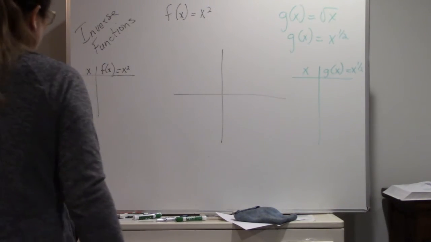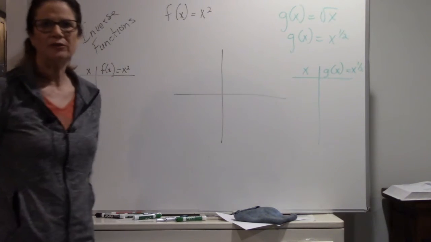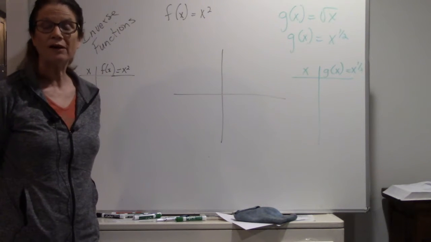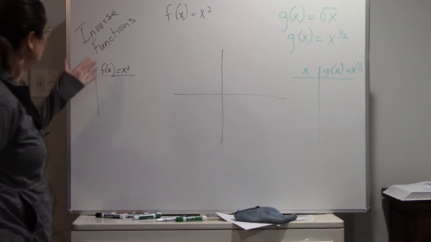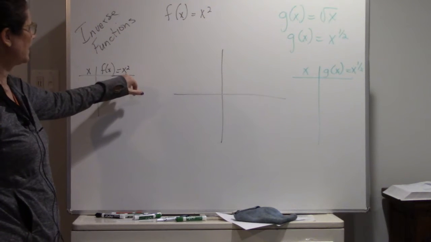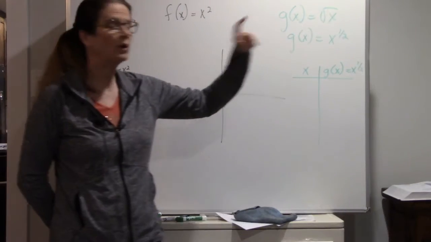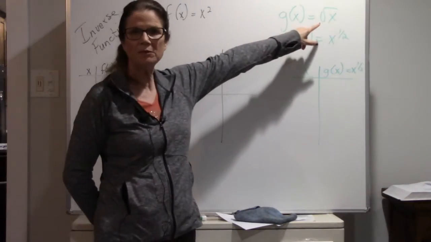So this is a new section. It's on inverse functions. So we're going to just start with graphing an inverse function. So in black, I have my x squared function. And in green, I have my x to the 1/2 function, which is the same as the square root of